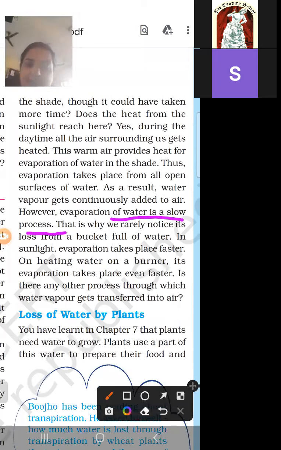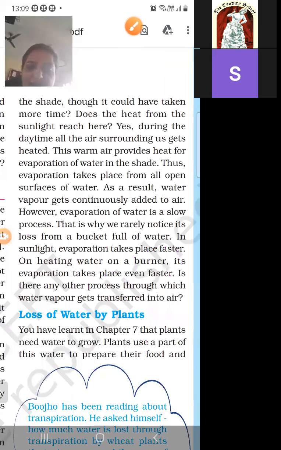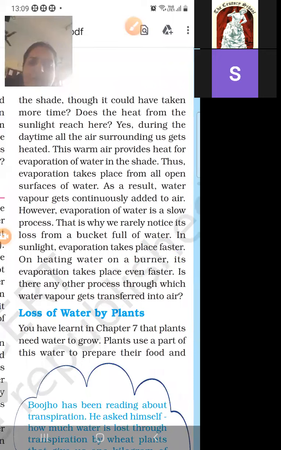And what is the other process? The loss of water by the plants is called transpiration. So what are the ways of adding water to the environment? Air में पानी लाने के कौन कौन से दो तरीके हैं? First evaporation